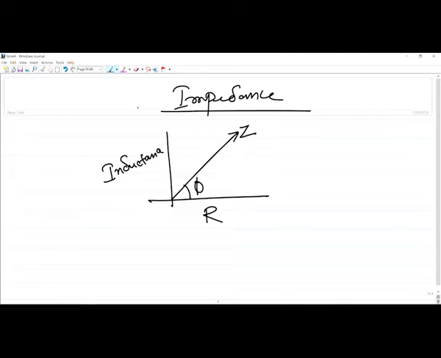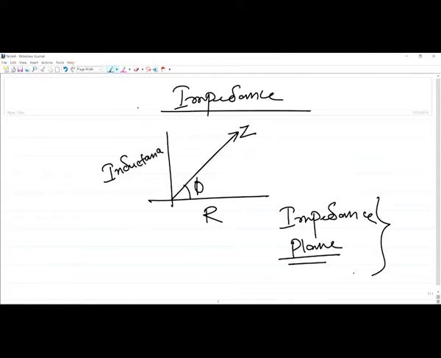In the next class I will show you that based upon this parameter, impedance, we can construct what is called an impedance plane, and this is what is going to form the basis for eddy current testing. This will take some time, so we will take it up in the next class. Today, before we close, let us take a moment to summarize.